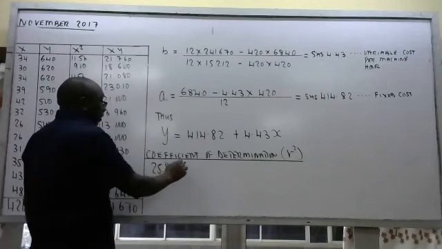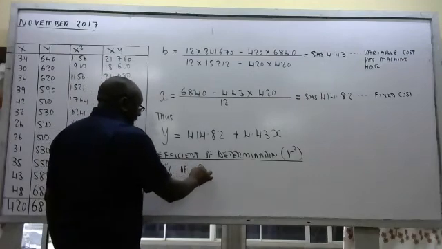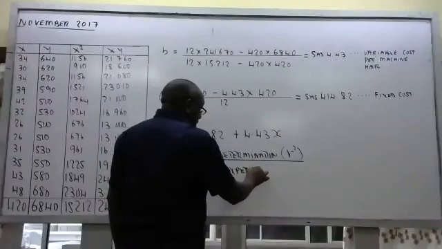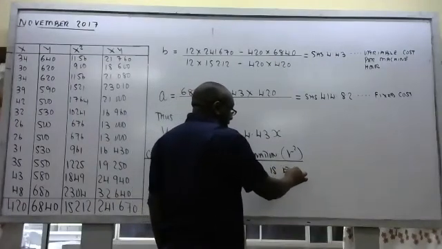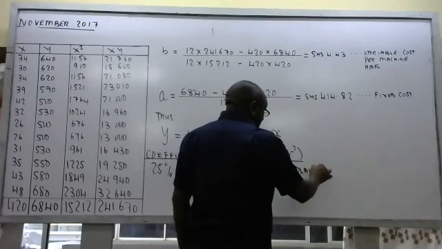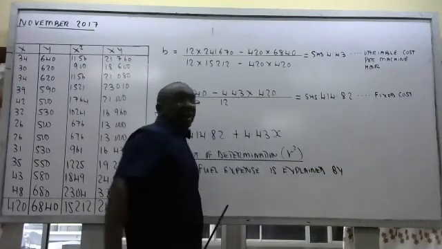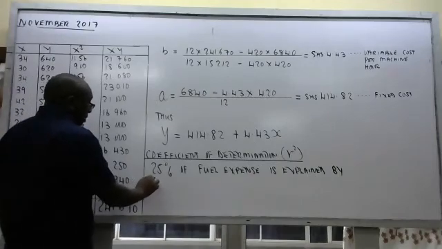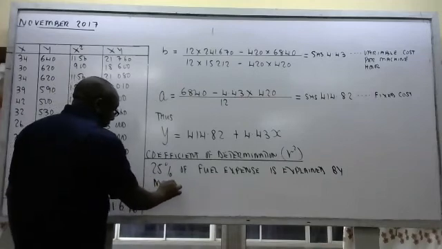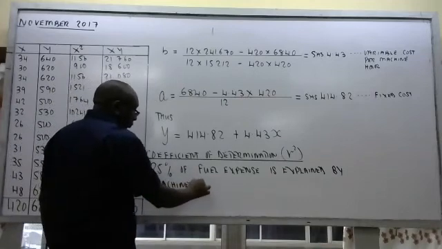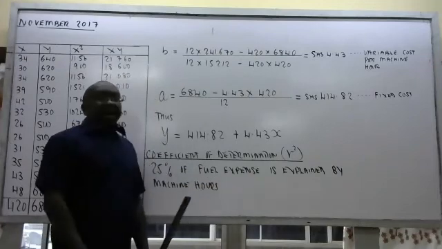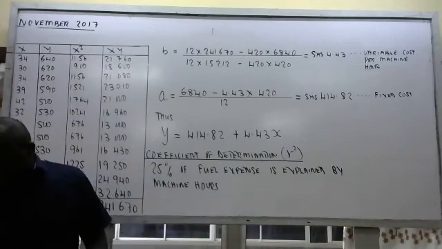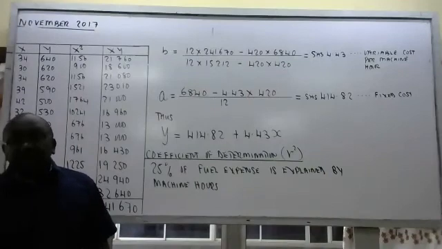So 25% of fuel expense is explained or is brought about. When we say explained, we also mean brought about by machine hours. That's the meaning of that value. That in that case, 25% of